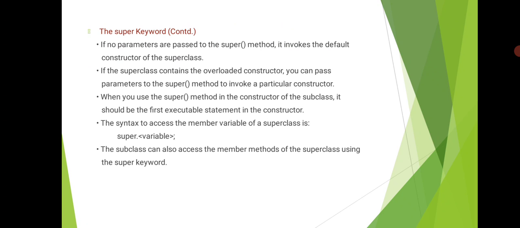Similarly, when we have a number of constructors, the method name is the same, that is the class name, because a constructor is a special method with the same name as the class, but with a different argument list, that is different signatures. One constructor can have no arguments and another a single argument, like that we can write a number of constructors, right? In the superclass also we can write a number of constructors. If the superclass contains overloaded constructors, you can pass parameters to the super